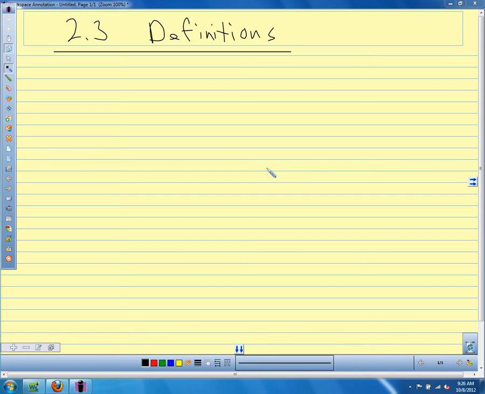Right, so we're in section 2.3. We're going to talk about definitions today. And we're not talking about definitions like the definition in a dictionary. We're talking about what makes a definition for math. And it's a little bit different because in math we like lots of details. We like to be very